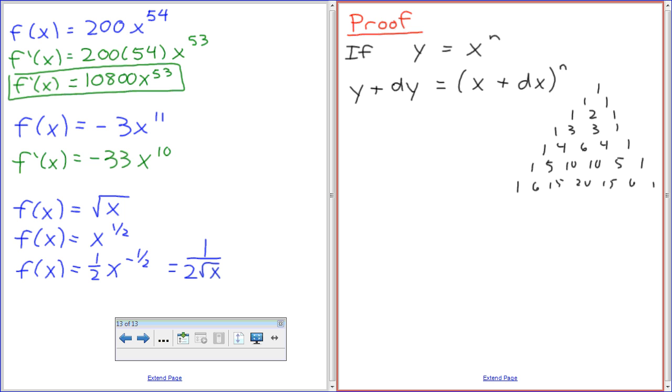So if you take a look, you'd use this one for x squared, this one for x cubed, this one for x fourth, this one for x to the fifth, and this one for x to the sixth. Notice for each of those exponents, the second term always is the same as the power. Does everyone agree with that? Right? Therefore,